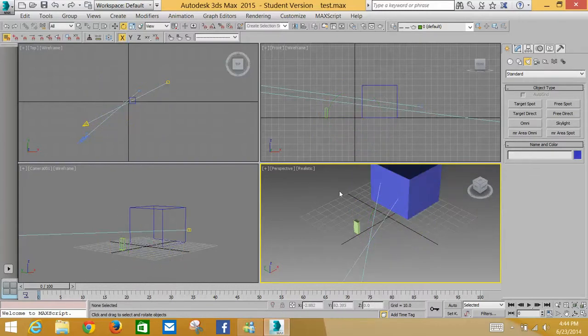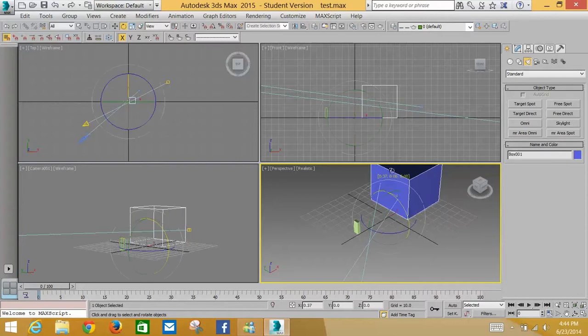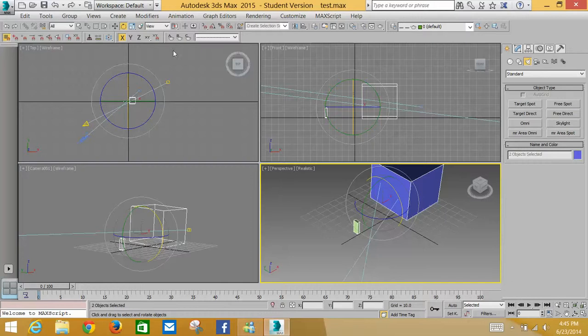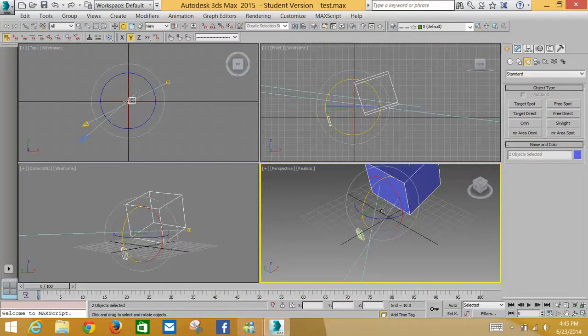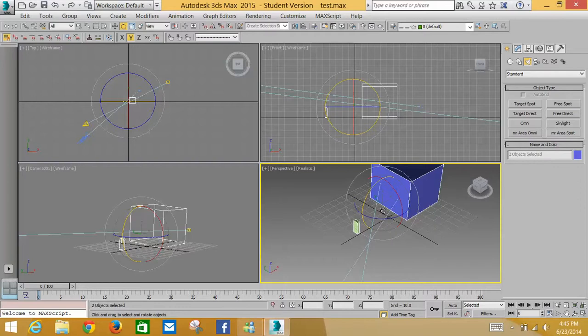And there may be a time where that's a good option. Now if you want to select everything, select this and hold your control key and select your other cube, then you can use selection center, and what that will do is find the center between these two objects, and that becomes your rotation point. And with two objects, maybe it's not as important as when you get multiple objects, like 3 or 4 objects, and you don't want to calculate the center of all of those objects, but you want it to rotate